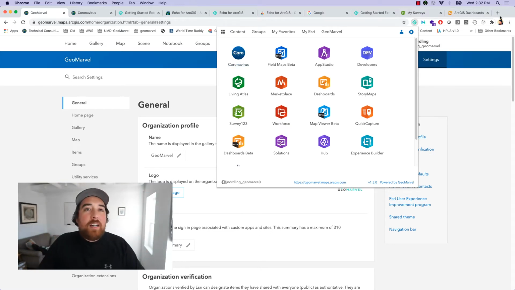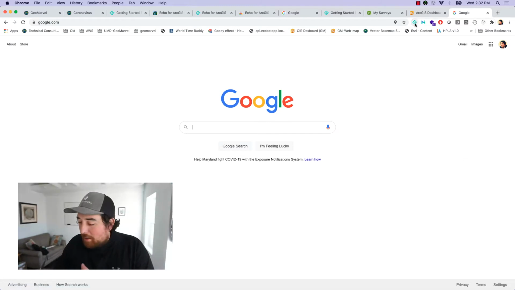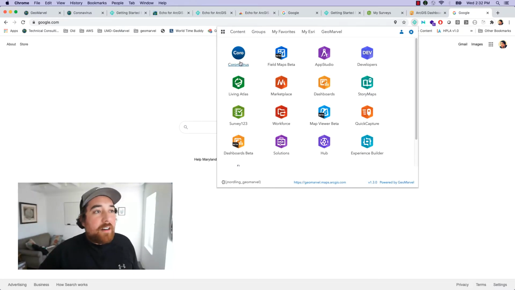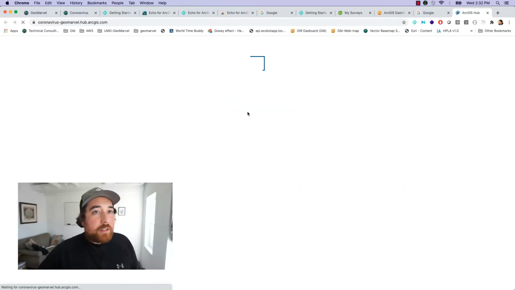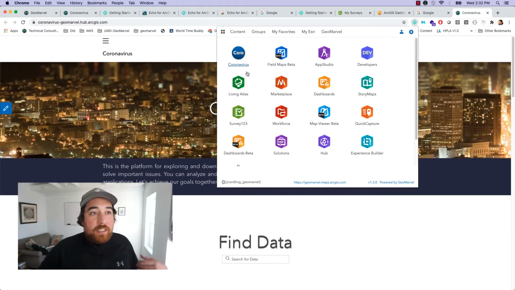So I could be doing my thing. And one of my duties, as a GIS professional, is to go in and launch this web application. I can click Echo, and I can get into that application really quickly. Awesome functionality. If you're not an organization that's going to be leveraging the app launchers here, Echo's got some great